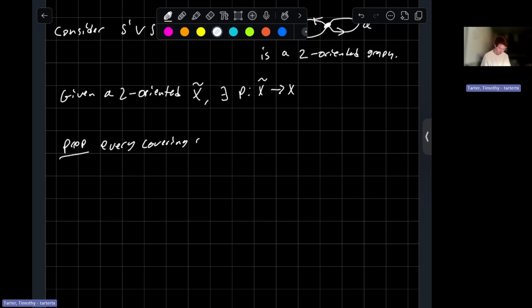So, proposition: every covering space of X is a graph that inherits a 2 orientation